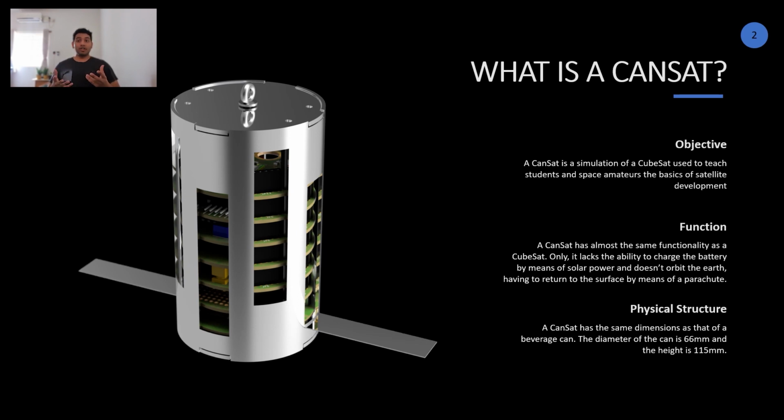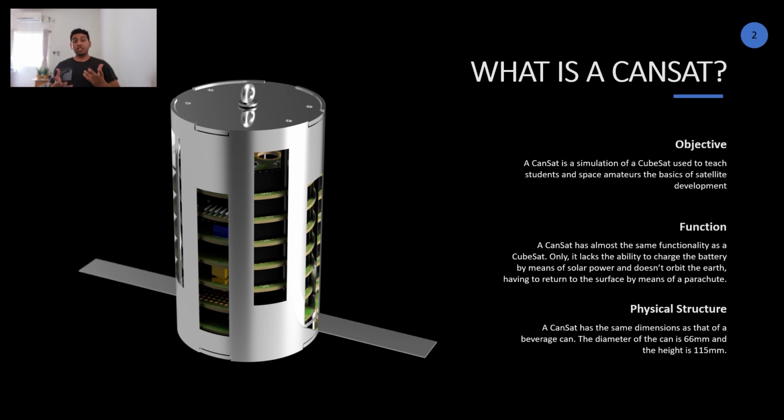From this, you have already understood that a CANSAT requires a parachute, whereas a CubeSat does not. And also, because the CANSAT only lasts a few minutes in the atmosphere, it doesn't require a charging unit or solar panels. A CANSAT can be charged by plugging it into an external charging adapter on the ground once it has returned after finishing its objective. It doesn't have to charge by any means while it is in the atmosphere.